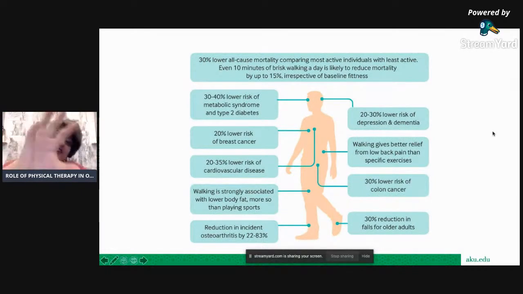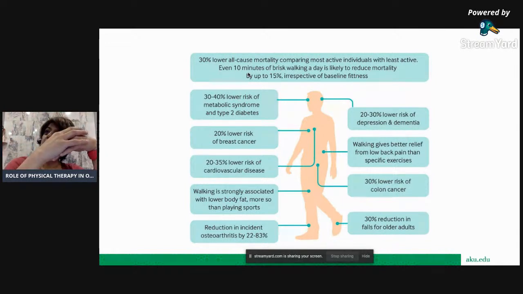Now, this is one of my favorite slides, and I like to share this slide because it shows how physical activity affects different risks for various diseases. Okay, so not only are we actually decreasing the risk of obesity, or helping people to lose weight and become healthier, but by doing so, we're actually helping them live longer. Okay, physical activity is associated with 30% lower all-cause mortality. That's significant. Even walking for 10 minutes at a brisk pace every day can increase your lifespan. It can increase how long our patients live,